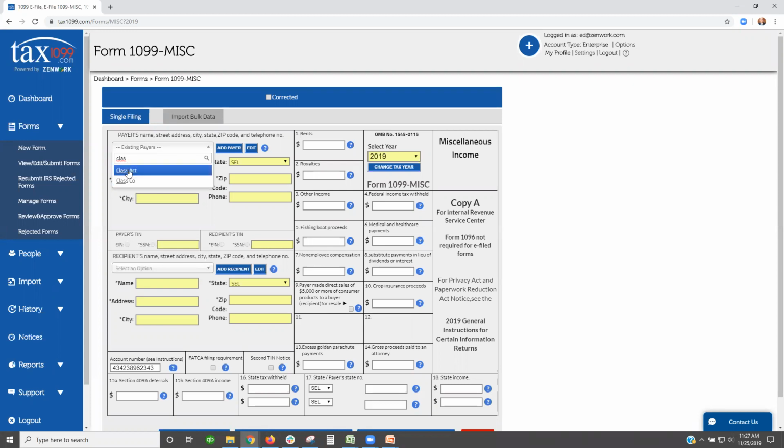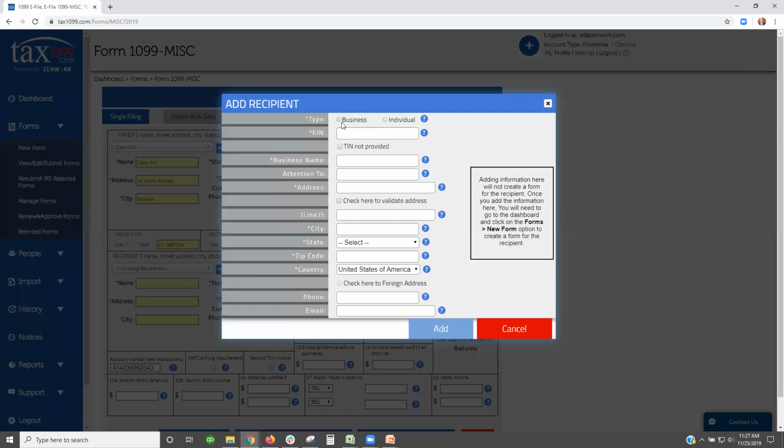But if you're an accounting firm, you might have hundreds or thousands of payers listed there. Once I've got it there, it's there for all time. So I can go in, I can pick that company, that payer that I want to file this form for. Same thing with recipients. If I need to add a recipient, I simply go through the process to do that